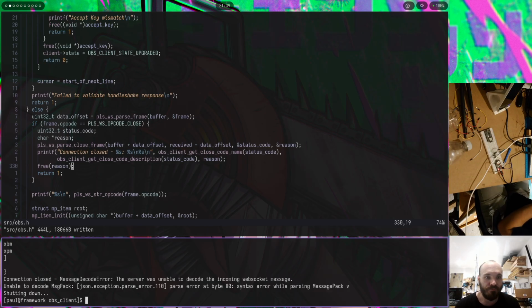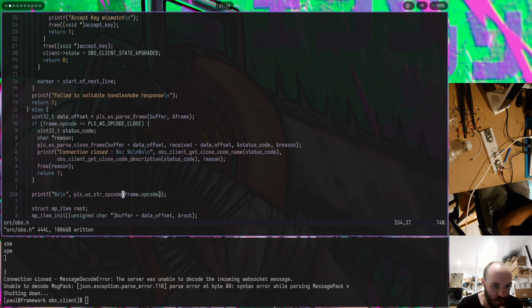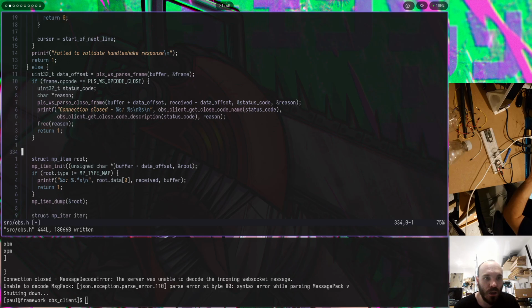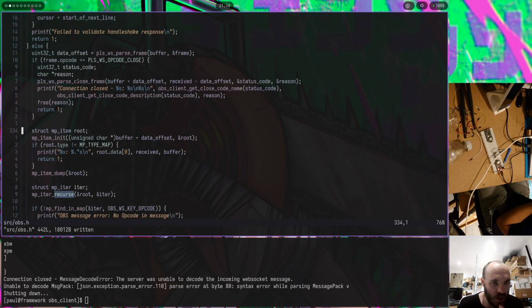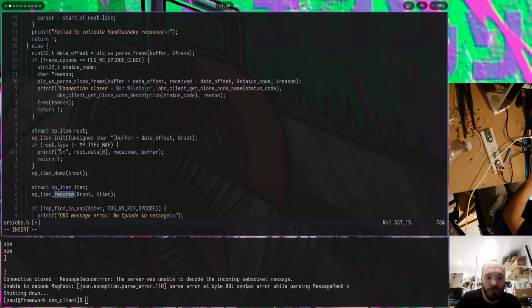Right. So then I'm handling this. I need to figure out why my message is not correct. And here I'm just printing the opcode. I might just remove it because that's just not what I want. And this is kind of incorrect in that I was incorrectly assuming that the data I was getting was MessagePack data, whereas actually it was WebSocket data. But this should still be something that is handled, but I should probably say error